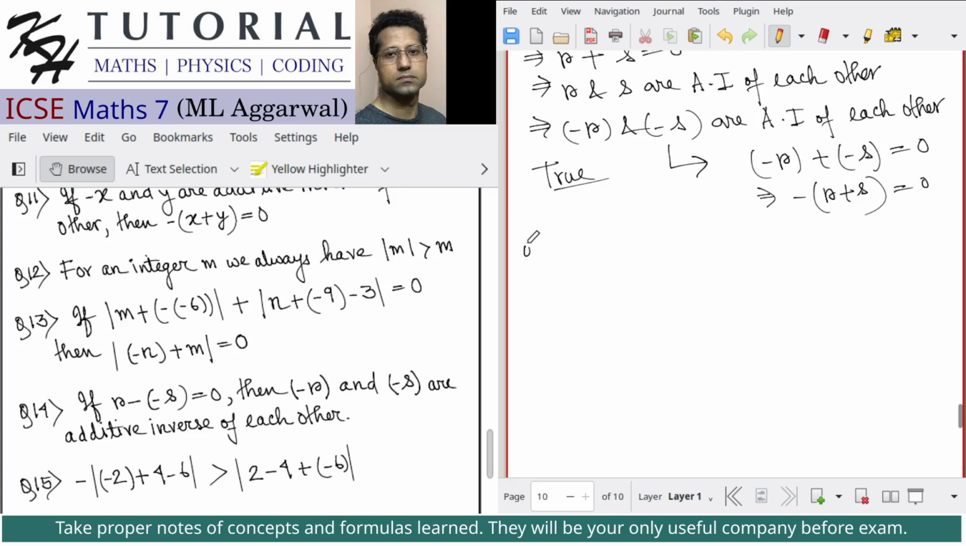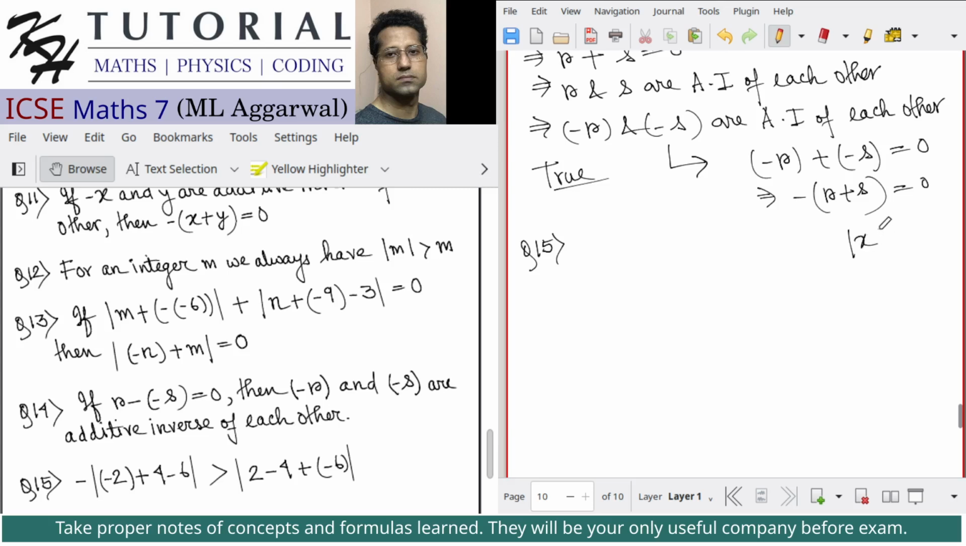Okay, question number 15. There is a greater than operator. It is saying that the left hand side is greater than the right hand side, where both LHS and RHS are absolute terms. By absolute term, I mean some numerical expression inside the absolute operator. Please note that to solve this problem, we don't even need to simplify the numerical expression inside each of the absolute notations. Why? Because we know that for any integer x,